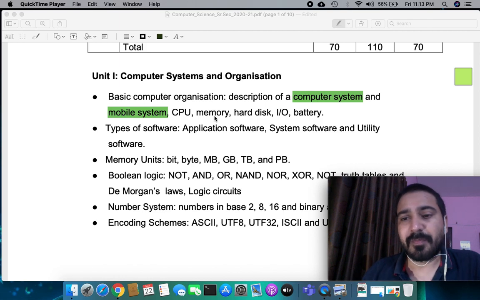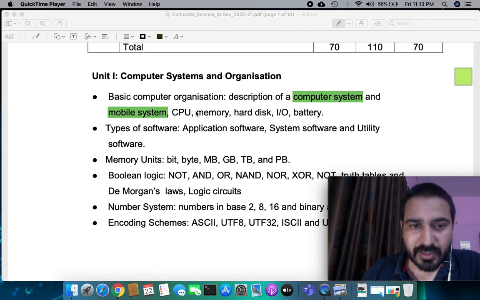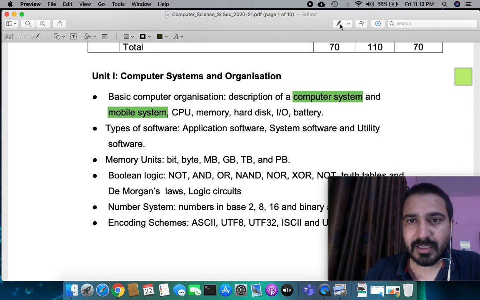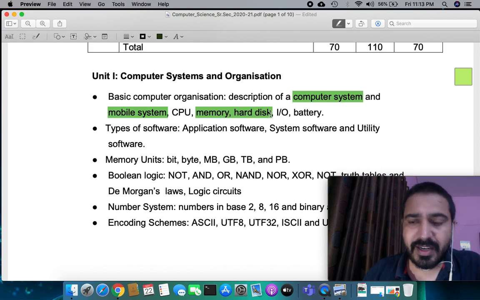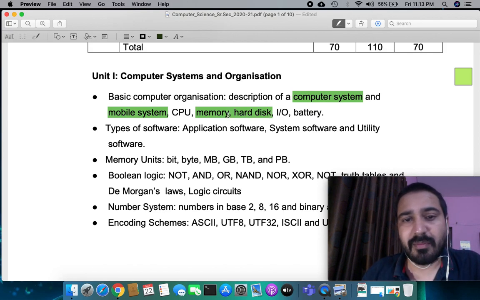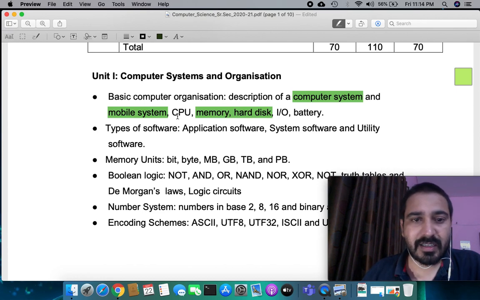Another thing is memory. These two things, memory and hard disk, create a lot of confusion. Memory is your RAM. Memory is how the computer remembers things while processing, because the CPU doesn't have that much space to handle all the tasks at a single time.